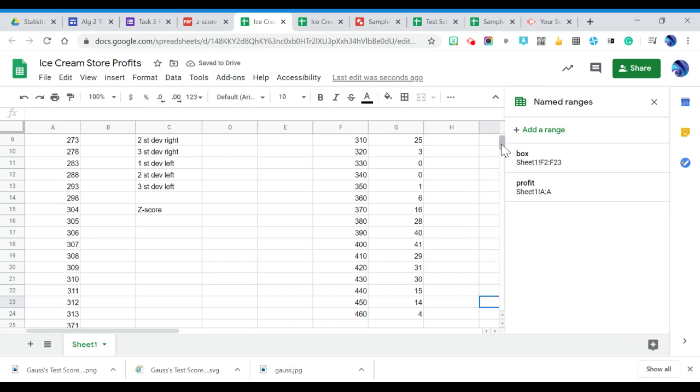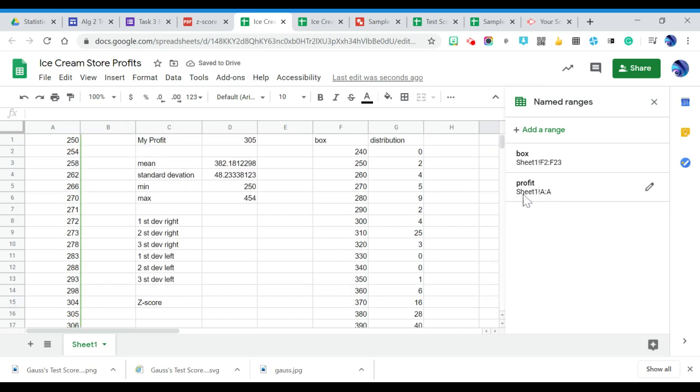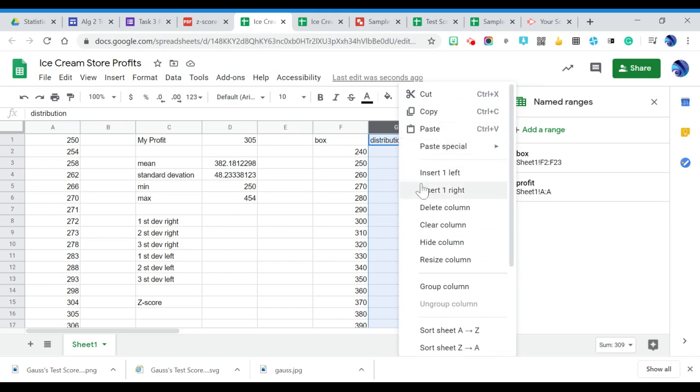Okay, so let's take a look at, so we've got our distribution done now. So now what we have to do is we have to come up with a formula for the normal curve, okay? And the spreadsheet will calculate that normal curve information for us. So I'm going to insert